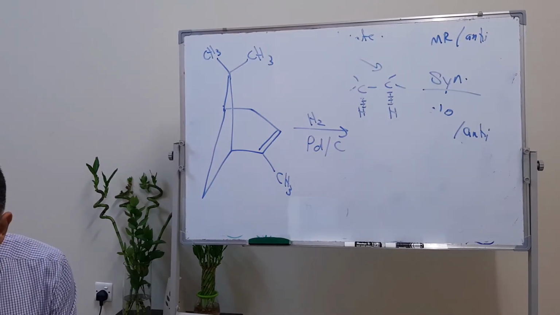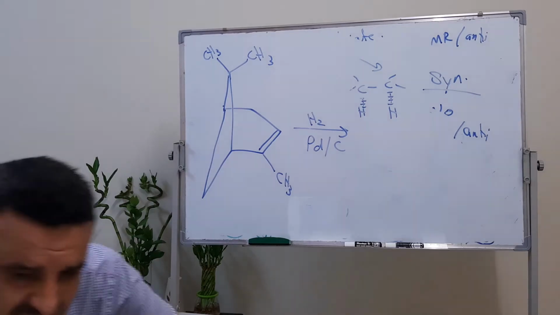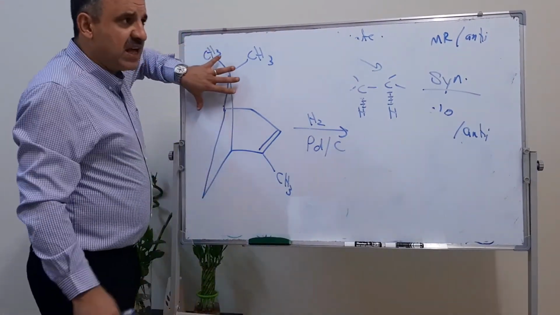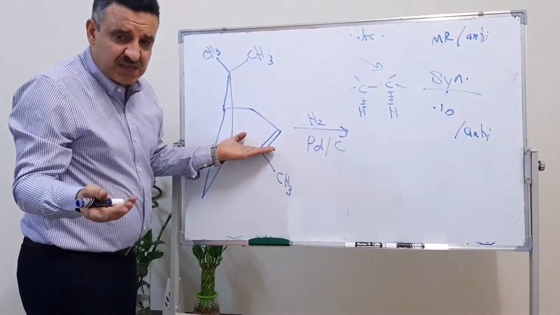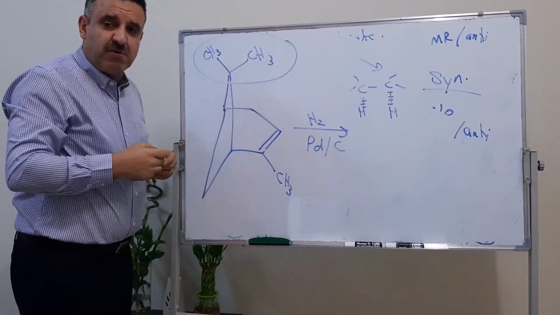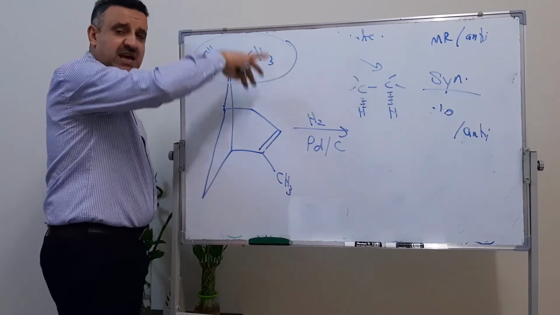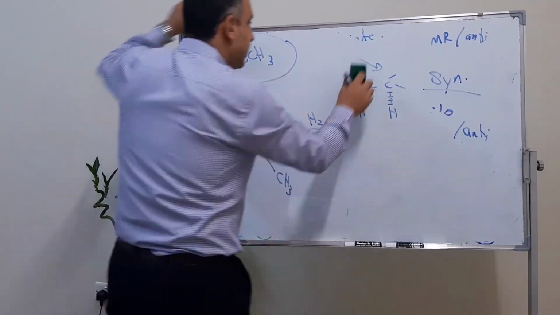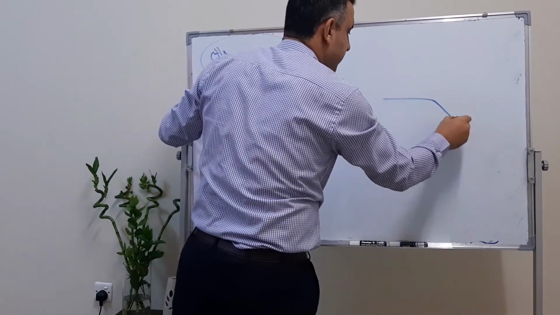Maybe below. Why? To avoid repulsion. To avoid what? Repulsion. With what? With the 2 CH3. Absolutely, thank you very much. Exactly, that's the case, because if that's not the case, it doesn't matter. There will be two possibilities, so simply we will have two products, this or that. Because these groups here are bulky groups, it will be preferred that the two hydrogens come from below rather than attacking from above the plane. And therefore, the only product we are going to get for this reaction will be simply